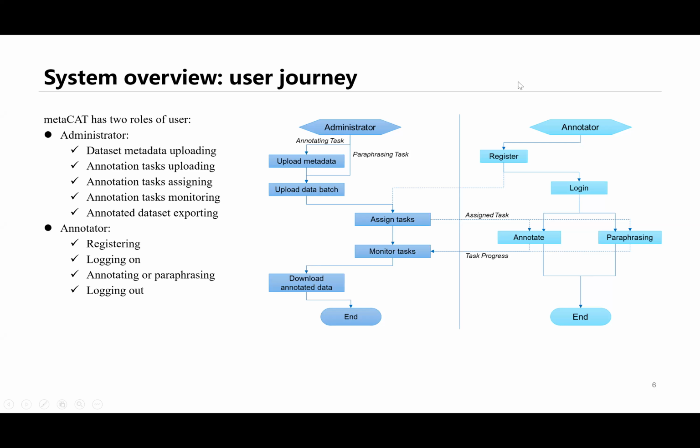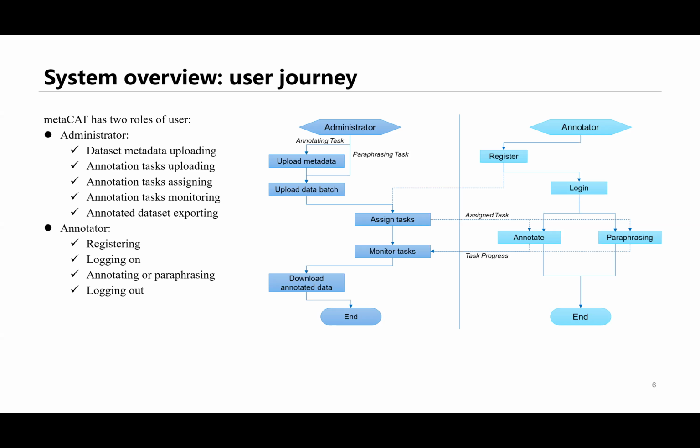MetaCAT has two roles of users. You can either be an administrator, or you can be assigned as an annotator. The administrator is able to manage the datasets, including uploading the metadata, and also upload the annotation tasks. Then you will be able to assign different annotation tasks to different annotators, so you are able to monitor the whole process, and you are in charge of the datasets, archives, and